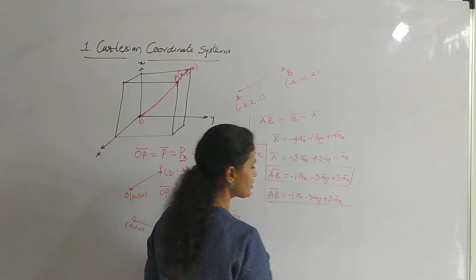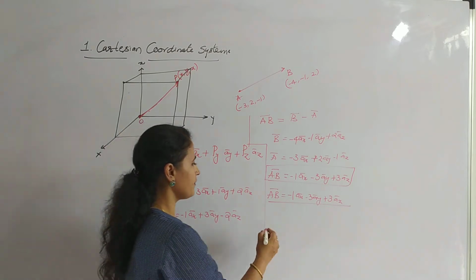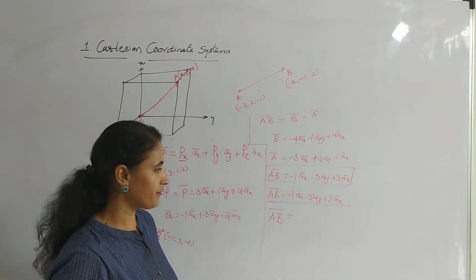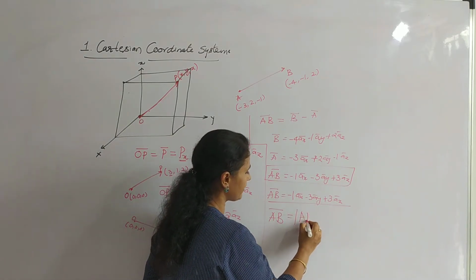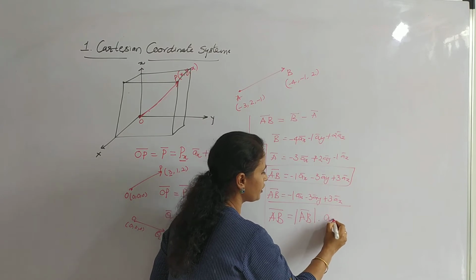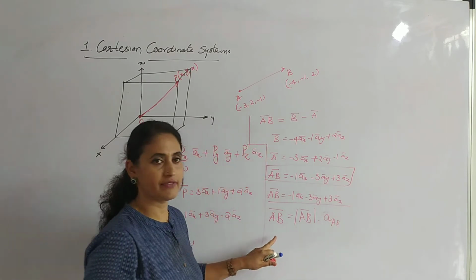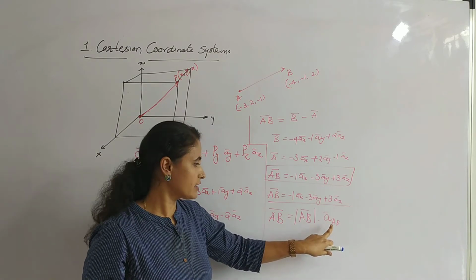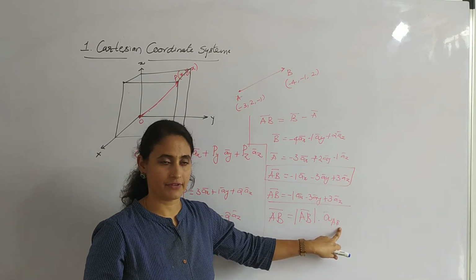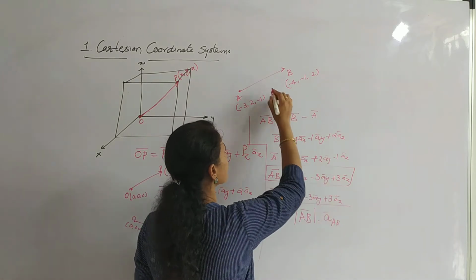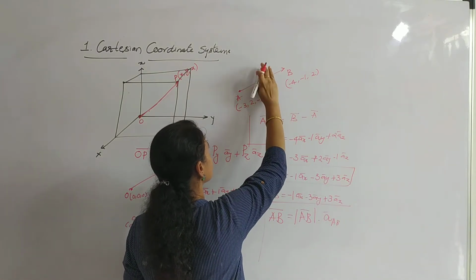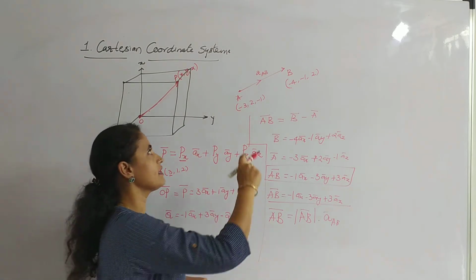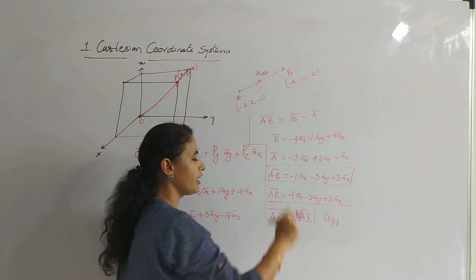From the definition of vectors in the last class, we defined that the vector AB bar, or any vector, is the magnitude of that vector times the unit vector of the vector AB. What is this unit vector? The suffix of the unit vector shows the direction of the vector field, so it is from A to B. So now this can be written as small a b, the unit vector that shows the direction from A to B.